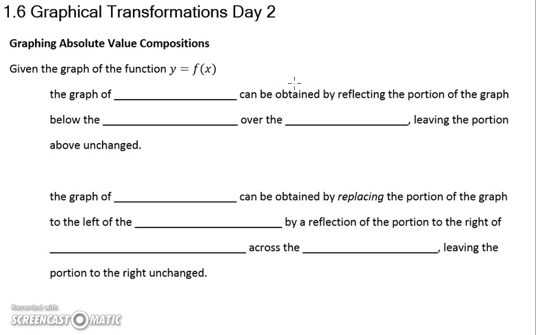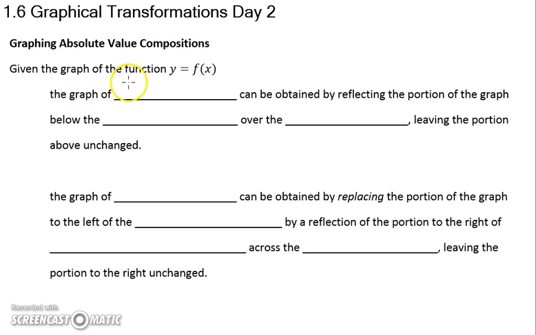Alright, in this video we're going to talk about section 1.2, graphical transformations, and this time we're going to talk about some transformations that you probably haven't seen before. And we're going to talk about absolute value composition. So we're going to start with a function. We're either going to take the absolute value of the function, or we're going to take the absolute value of the independent variable. So first thing is, if we have the graph of the function y equals f of x,